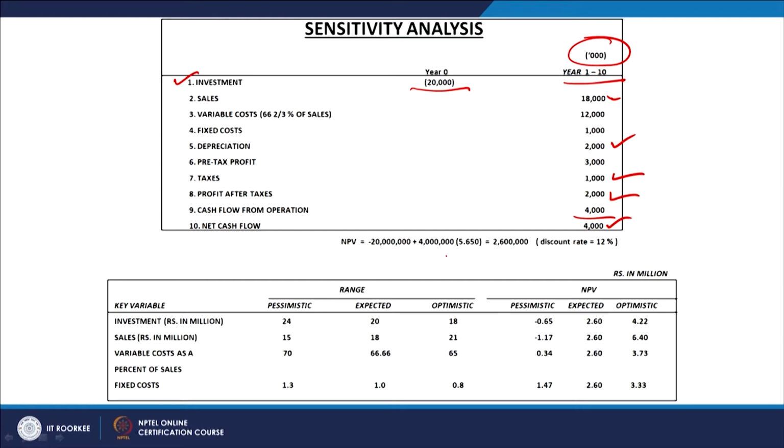and out of this, the total cash flow available is 40 lakhs or 4 millions, but this is an annuity, right. This cash flow will be available for a period of the next 10 years, this is an annuity. So, we have multiplied it by the factor. So, how have we calculated this value?